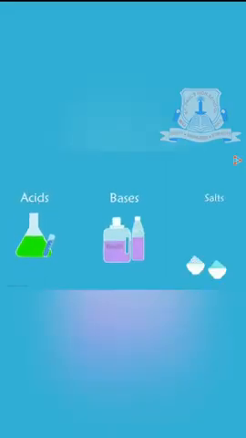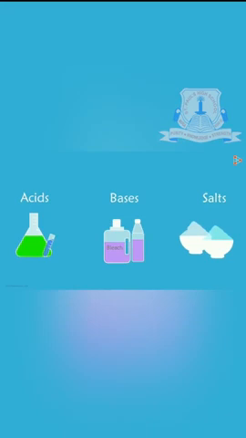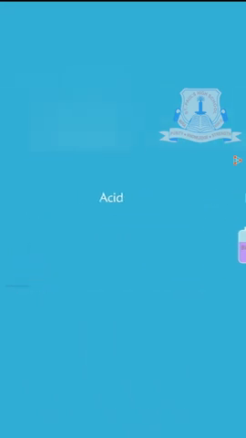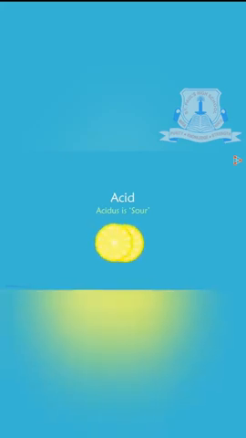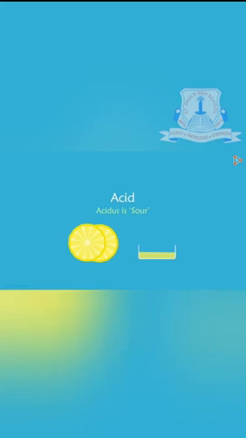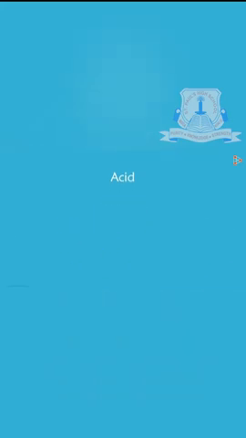Okay, here we all can see acids, bases and salts. So let's revise a bit about these once again. The acid. The word acid comes from the Latin word acidus, which means sour in taste. Lemons and citrus fruits are examples of substances which have acids in them. All the acids always turn blue litmus paper red in color.